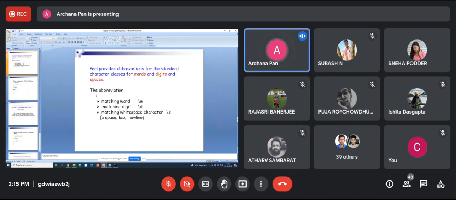So far, the character classes we have learned are lowercase a to z, capital A to Z, and digits 0 to 9, together.